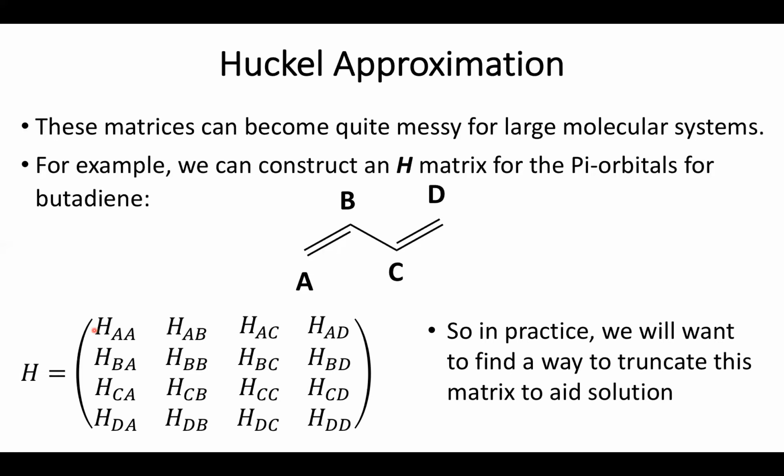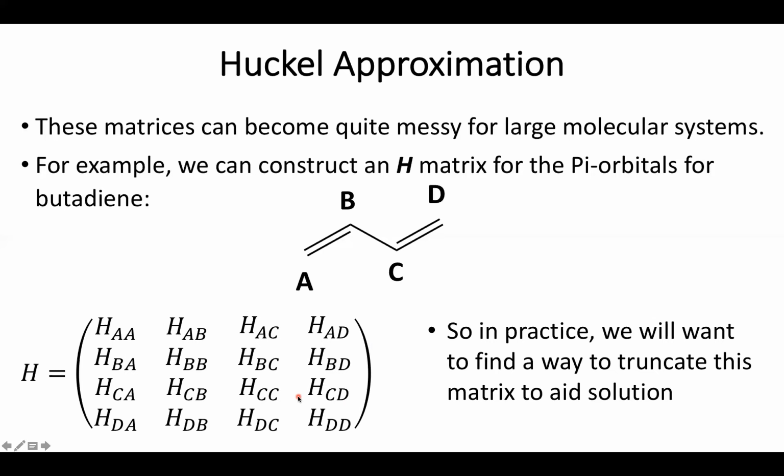So in practice, we're going to want to find a good way to truncate this matrix, set as many of these values down to known quantities. We already have a head start with the diagonal elements, but we still have these other 12 elements, and even if you account for symmetry, we still have 6 more Hamiltonians to solve. So really one of the hearts of quantum methods and polyatomic systems is finding reasonable approximations to help make solving all of these various Hamiltonians a lot